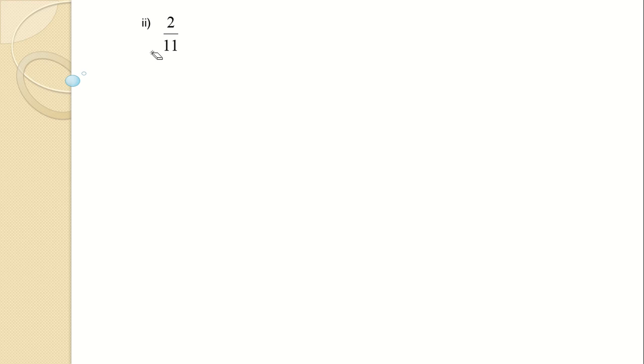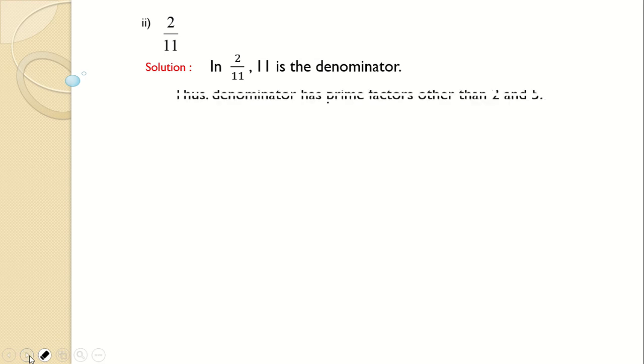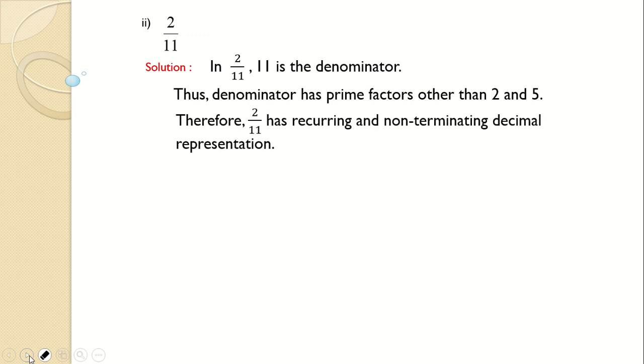Now the next one, 2 upon 11. Look at the denominator. It's 11, so it is not a factor of 2 or 5, right? It is something different than that, so it is going to be recurring type. In 2 upon 11, 11 is the denominator. Thus, the denominator has prime factors other than 2 and 5. Therefore 2 upon 11 has a recurring and